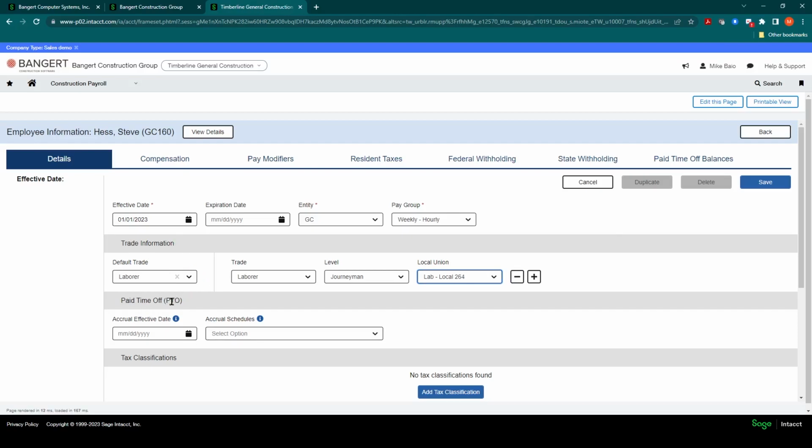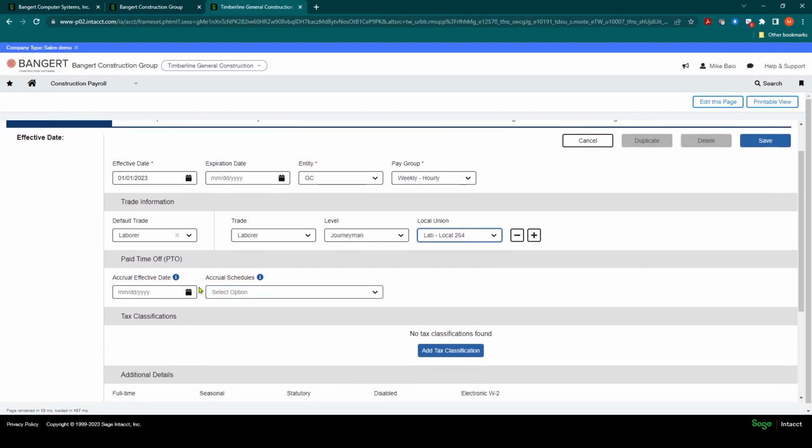The next section is the paid time off, the PTO. If this employee is eligible for any paid time off schedule, you could list here what the effective date is. So maybe there's a 3-month trial period before the PTO kicks in. So you can establish an effective date. In this scenario, we're just going to start them at 1/1 as well. And then, based on the different PTO schedules that were set up previously, you can select from a list as to which schedule this employee is eligible for. In this scenario, he's going to be eligible to accrue payroll on an hourly basis. So we're going to select the hourly vacation schedule.